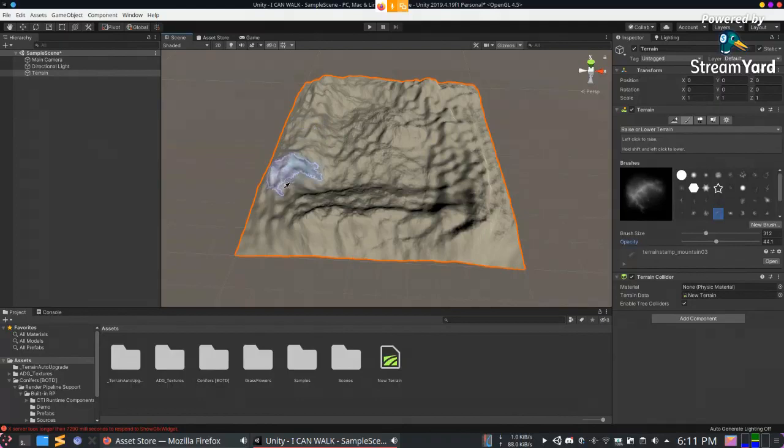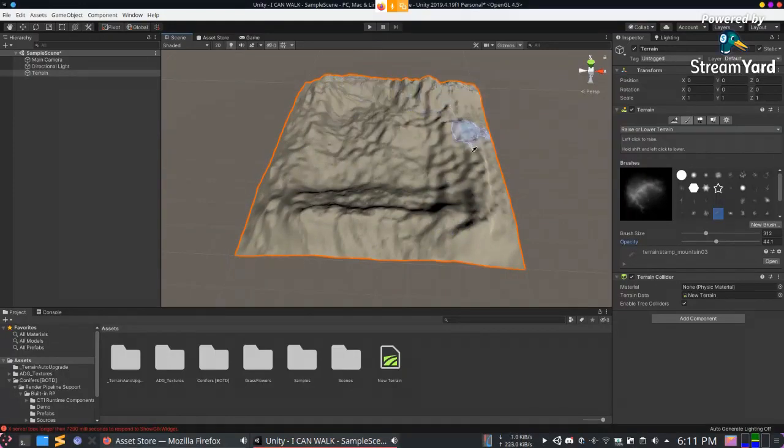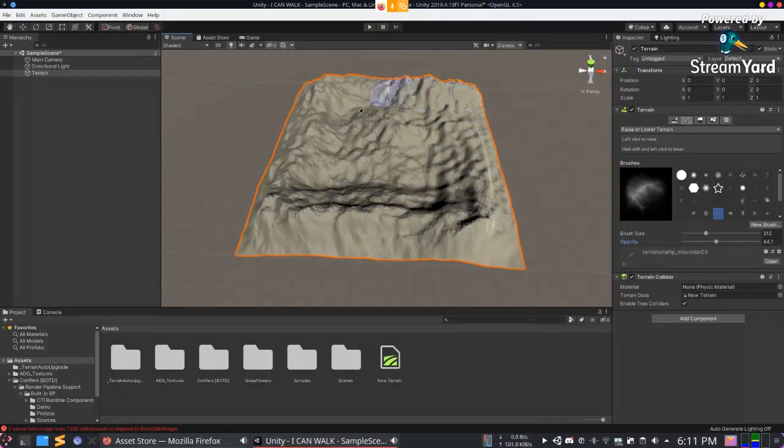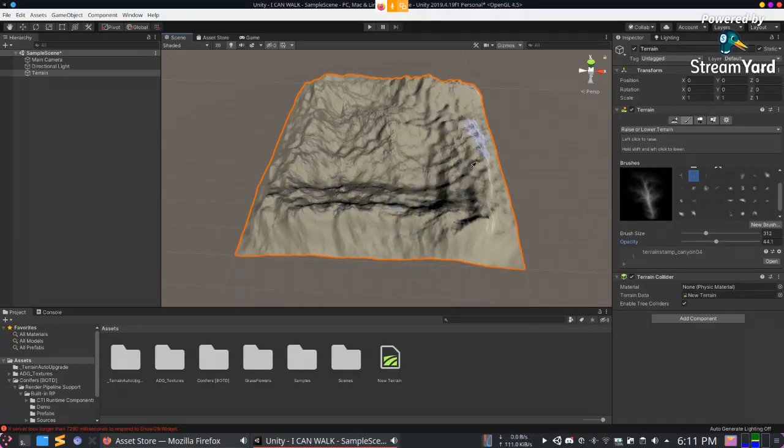Hiding spots, if you have enemy bots or something like that, places that can help you hide. For a basic terrain, I guess this is okay. Let's add a bit of... go through all the brushes at your leisure and just get to know them in a better way.